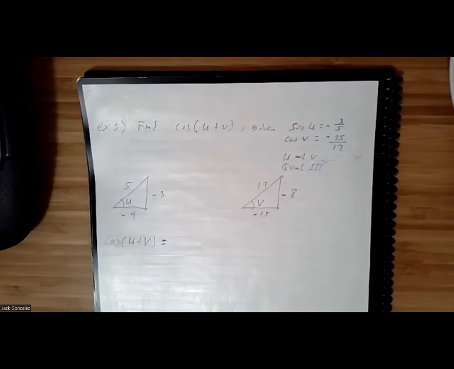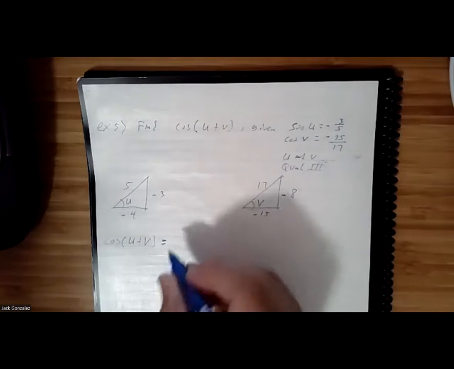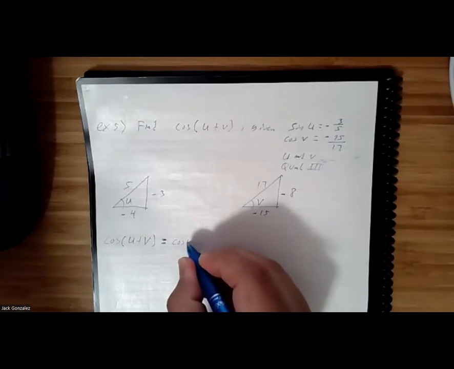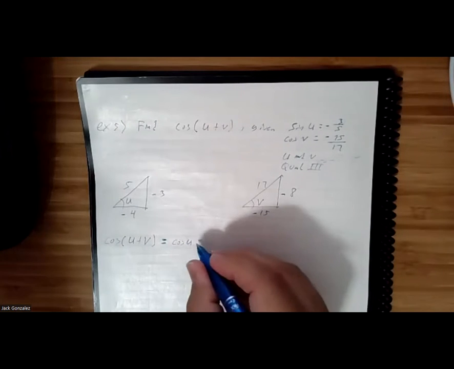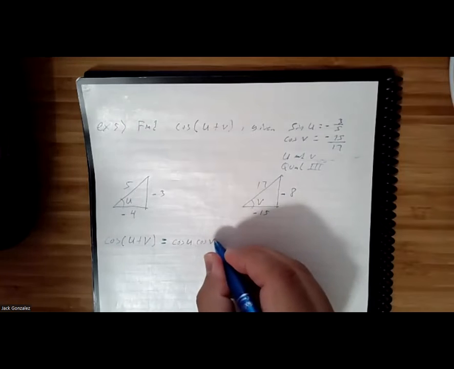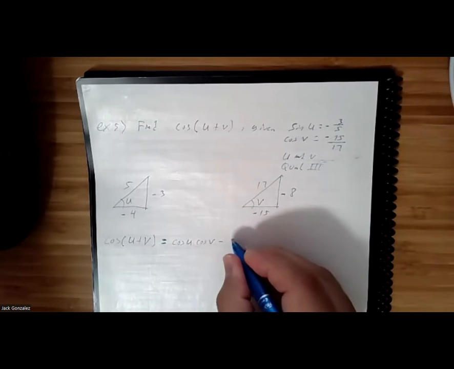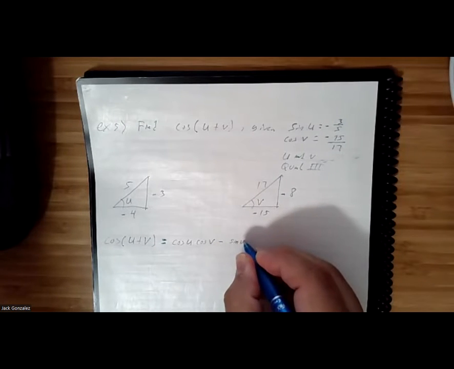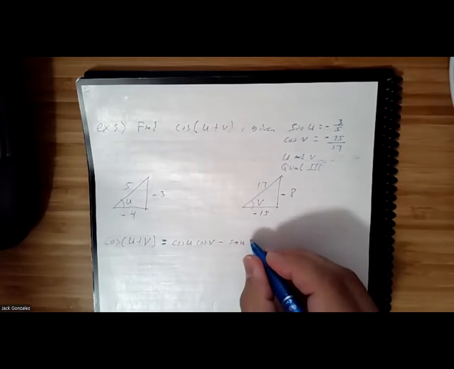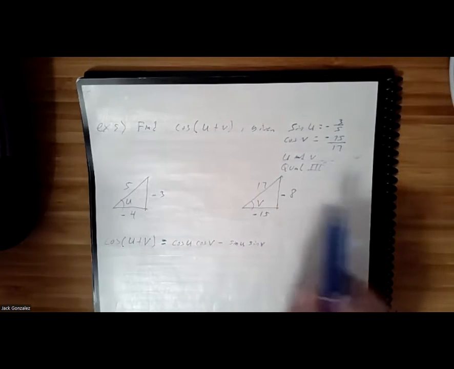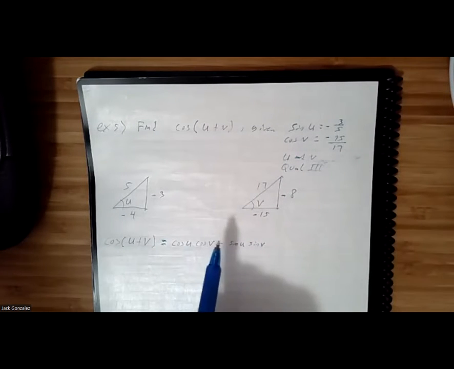So we'll look up the sum formula for cosine. That's going to be cosine u cosine v minus sine u sine v. So you see how we kind of had to solve the triangles in order to fill this out,